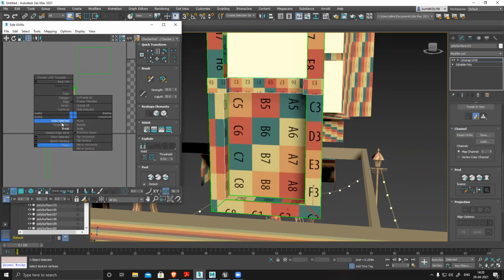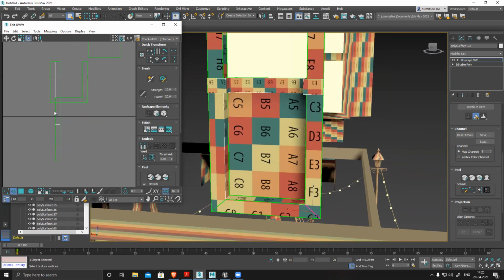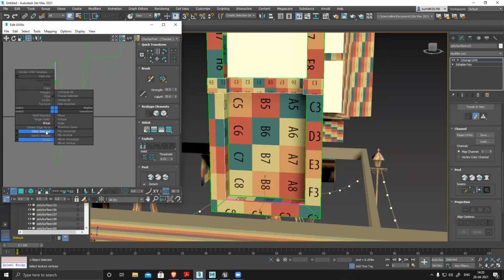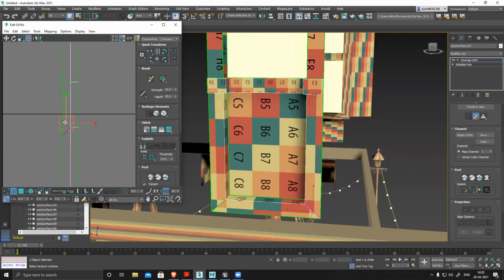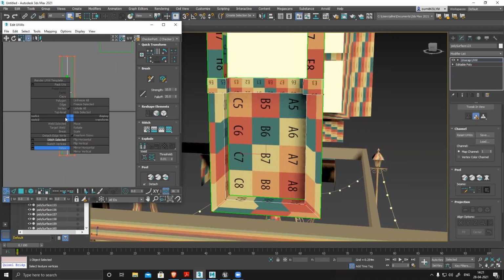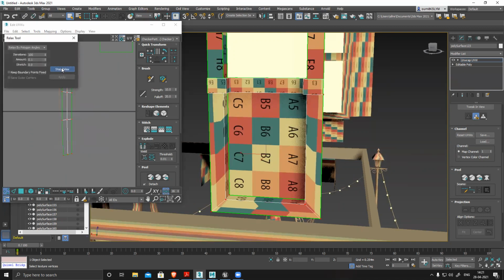Break it, break it, stitch, stitch, stitch. It becomes straight, nice and clean. And after unwrapping, at least once, make sure